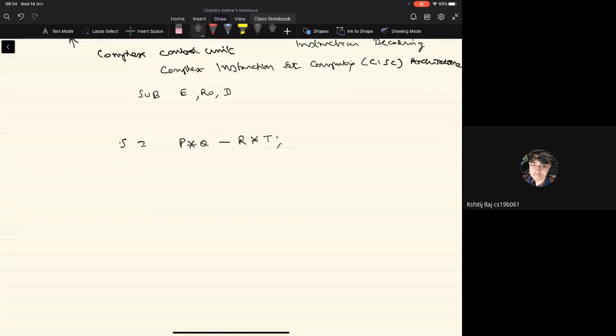If I give you a statement like S equal to P multiplied by Q minus R multiplied by T, how do we translate this statement into the sequence of machine instructions? What are the operations that we need to perform here?